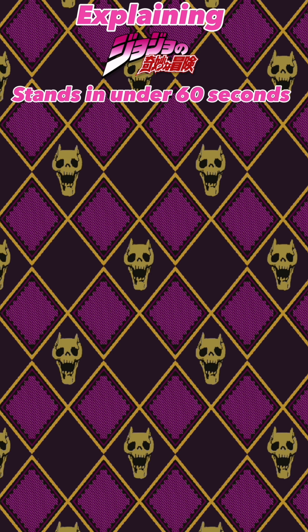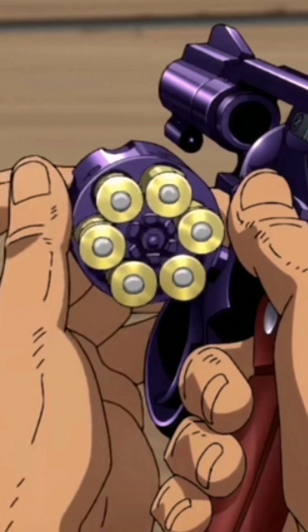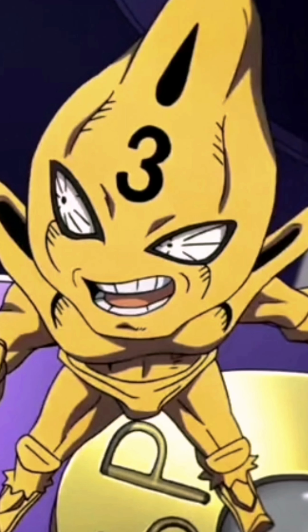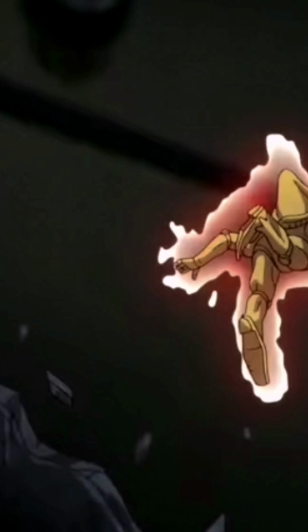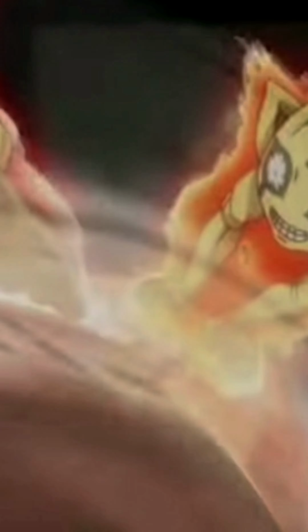Explaining JoJo stands in under 60 seconds, Part 11, Six Pistols. Six Pistols is from Part 5 of JoJo's. Along with being a sentient stand, it is also a long distance and colony stand. Six Pistols, as the name implies, is 6 bullets, and the abilities are deflection, so they can deflect bullets away